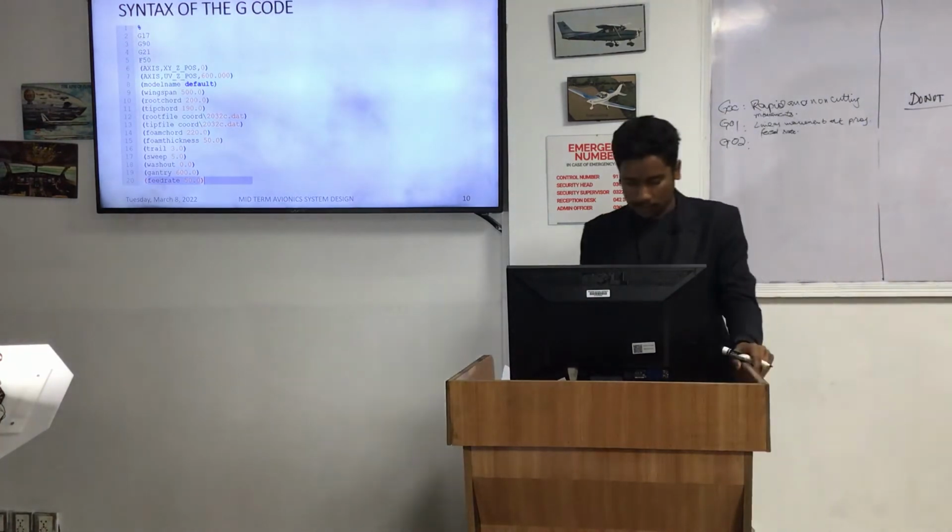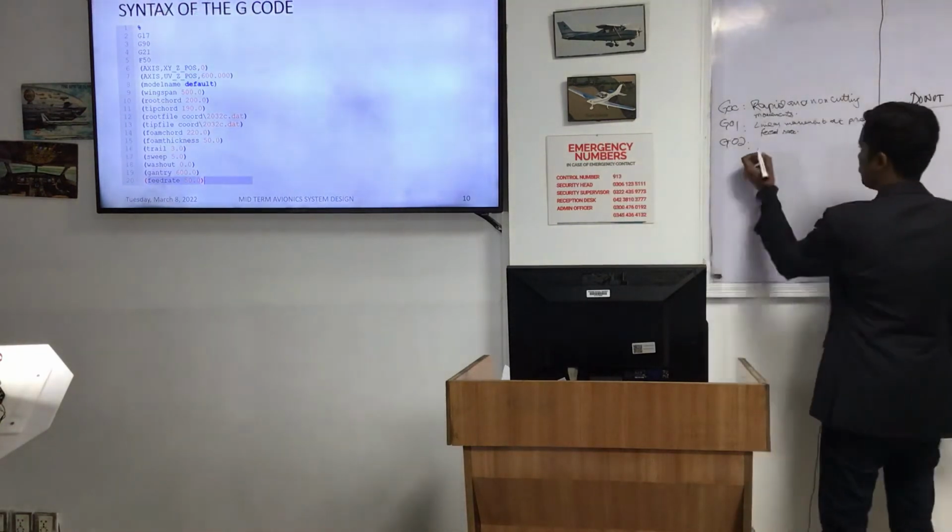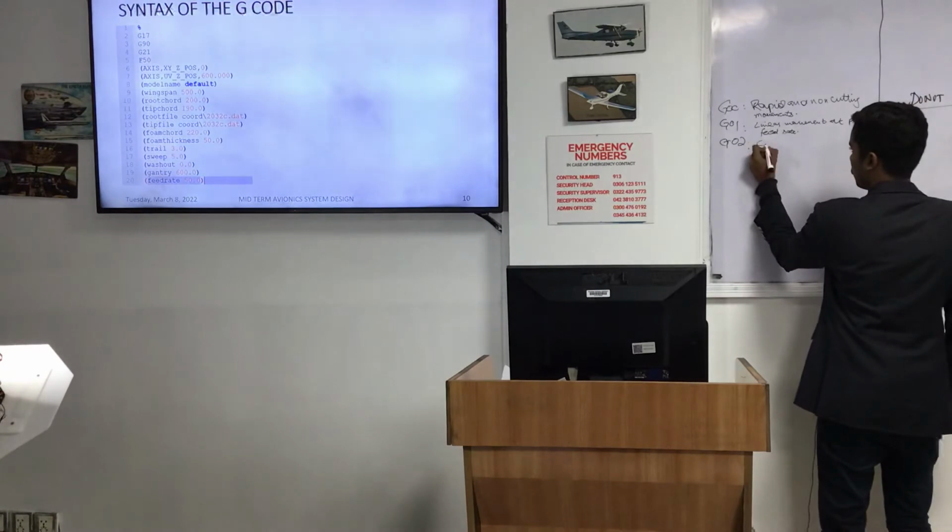And then G02 is used for circular movements at a speed.